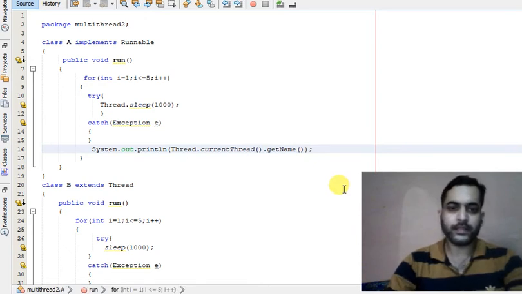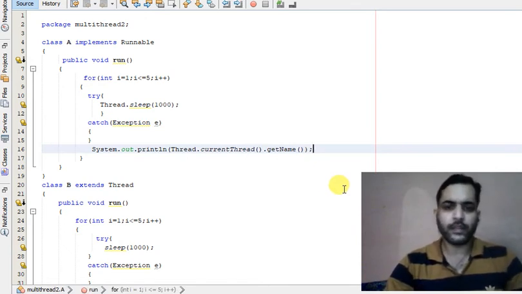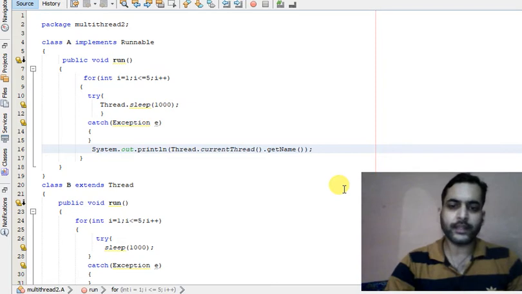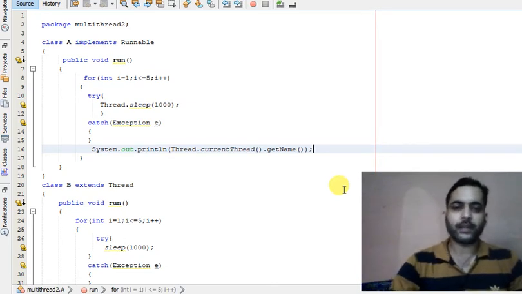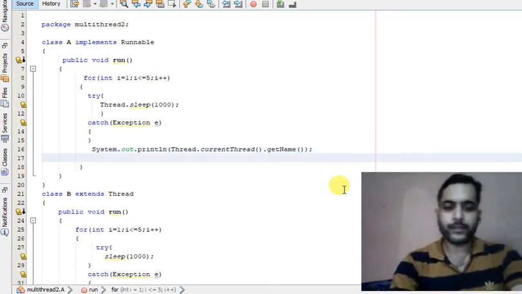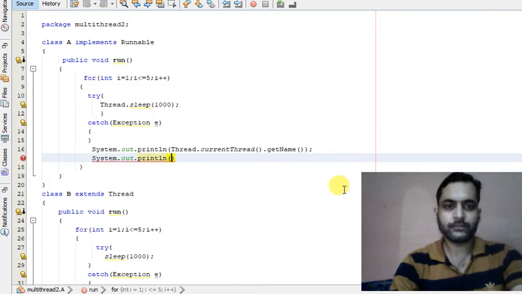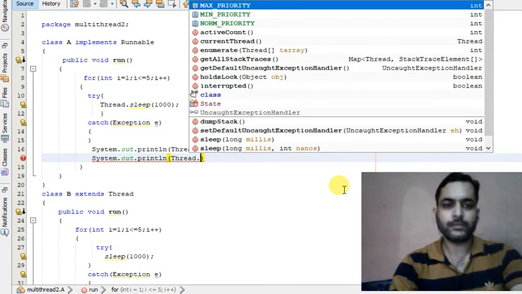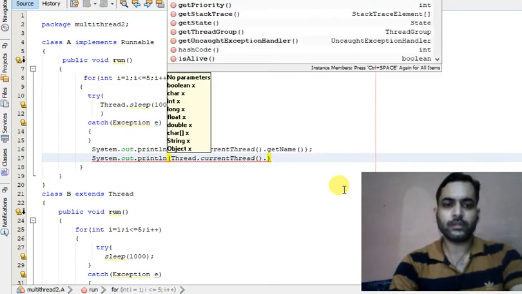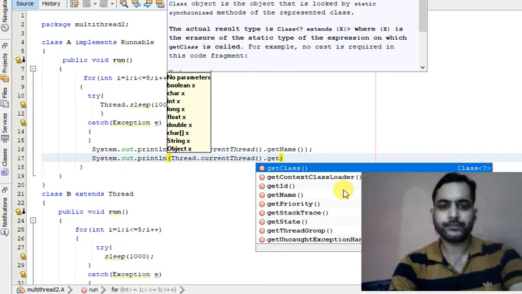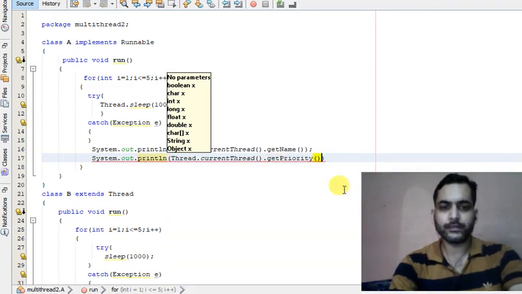The priority ranges from 1 to 10, the 1 being the least priority and the 10 being the highest priority. So if I print the priority of this thread, println thread dot current thread dot get priority.